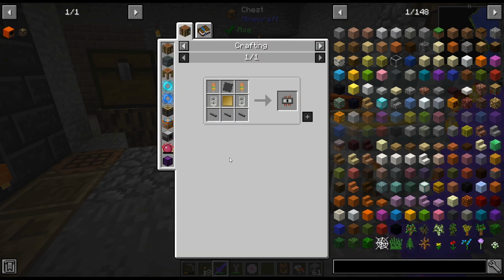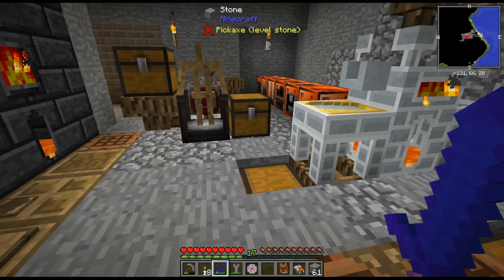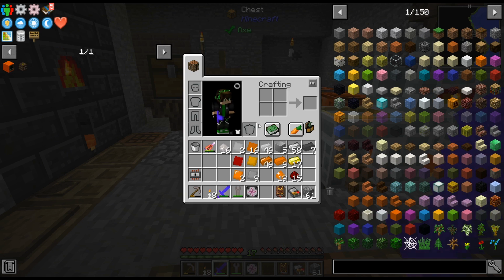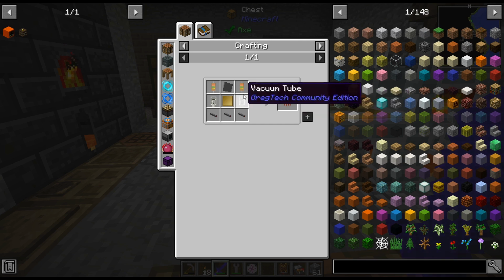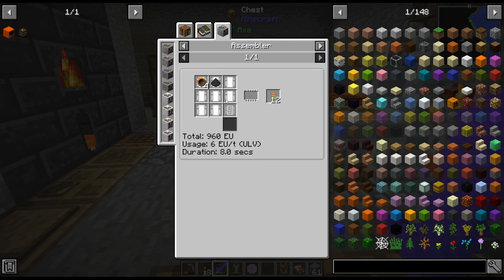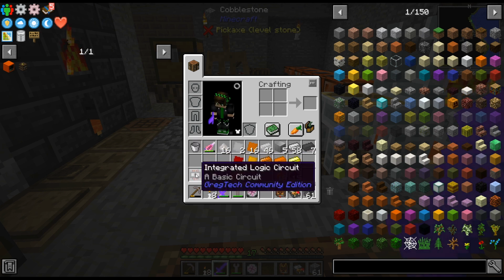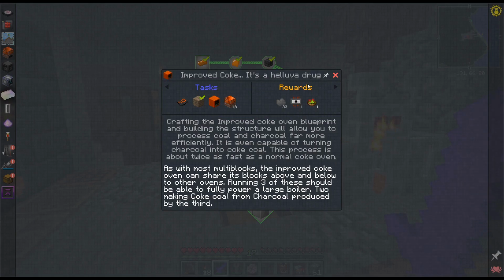Last episode, we crafted up a very first circuit of many in the modpack, and it takes a lot of different steps getting the first one. Thankfully there are going to be easier ways to get circuits. But it's definitely very labor intensive at first, and eventually we can start improving these with different machines, and then there's even easier circuits. The reason we crafted that circuit is because I'm going for the improved coke oven, and